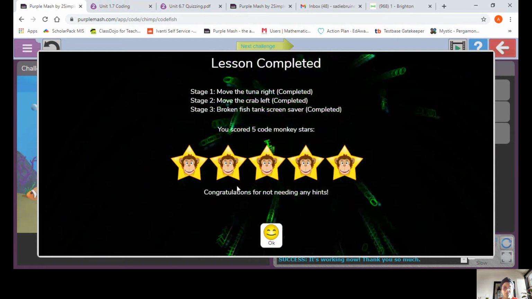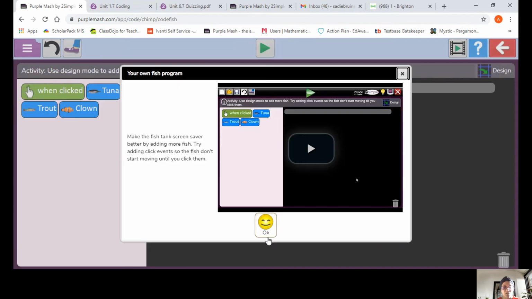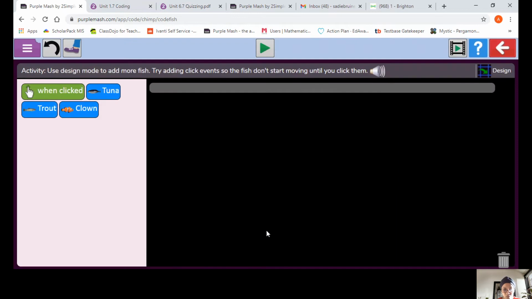Okay, and now you're going to click OK, and it is now your turn to show me how you can create your own fish tank using your fish going in different directions. Maybe they can make a sound when you click on them. Maybe you can add a few more fish, okay? So make your fish tank screensaver better by adding more fish, and try clicking events so that your fish don't start moving until you click them. Okay, I'll start one of them maybe